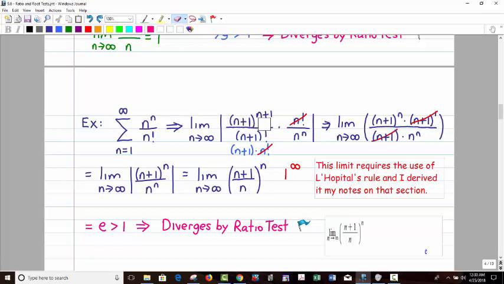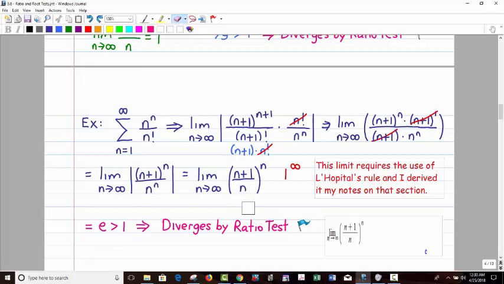So n plus 1 to the n plus 1 is the same as n plus 1 to the n times n plus 1 to the 1. You'd add those exponents to get n plus 1. That cancels, and that leaves us n plus 1 to the n over n to the n, which now, because they're the same exponent, I can put them all together in parentheses, and I have this expression right here,